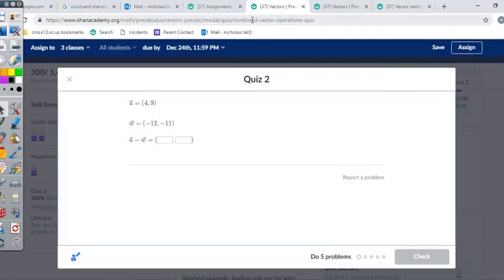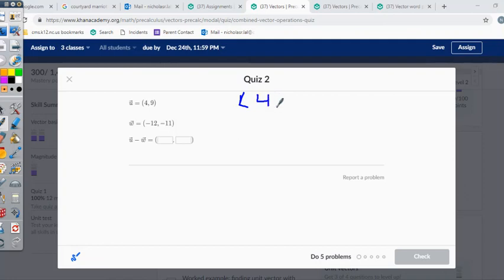All right. Hope Pre-Calc students doing a walkthrough for vectors quiz 2. We have vector u with components 4, 9, and vector w with components -12, -11. So if you have vectors 4, 9 and -12, -11, you have u minus w. So u minus w would have components instead of 4, 9, -12, -11, you would have,